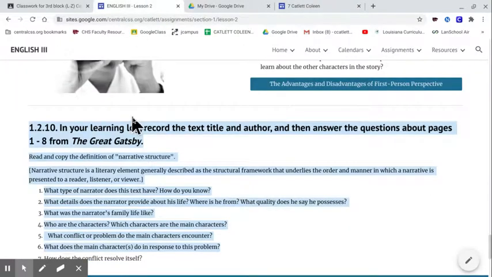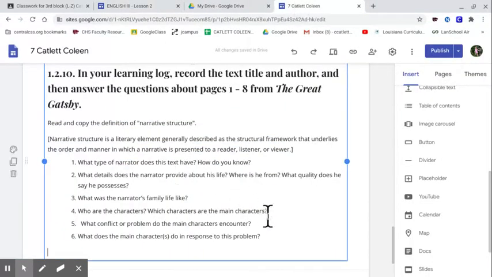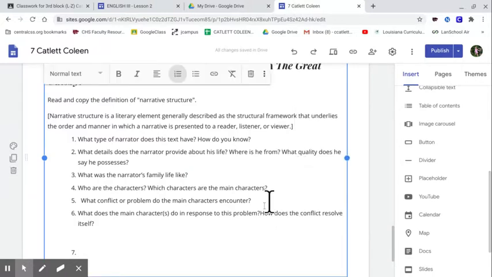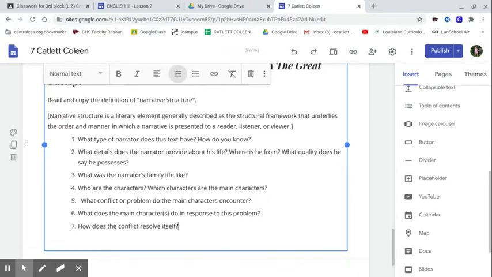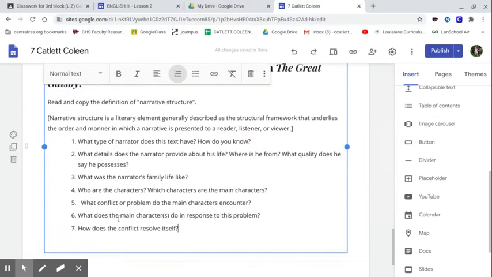Get that last little guy. There we go. So our 7 questions. And that is all we're going to do in class. And then your virtual will be